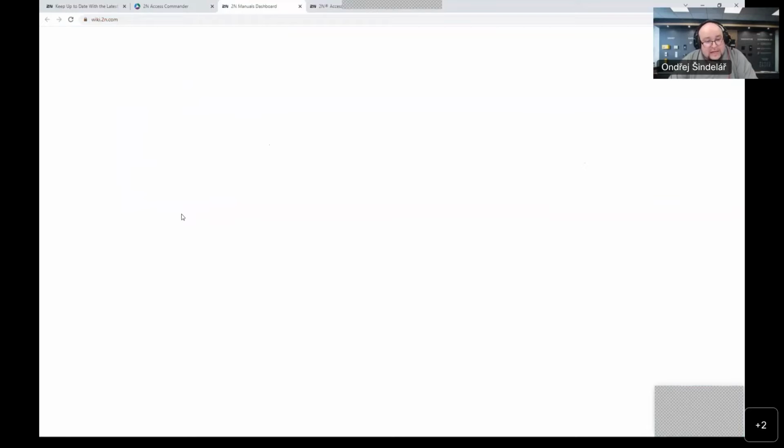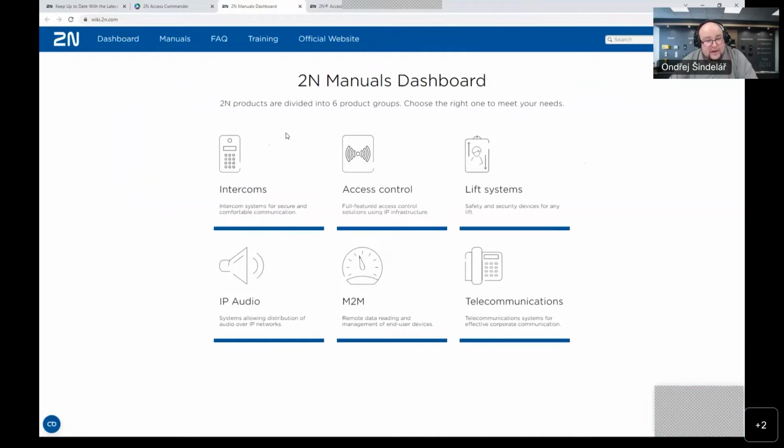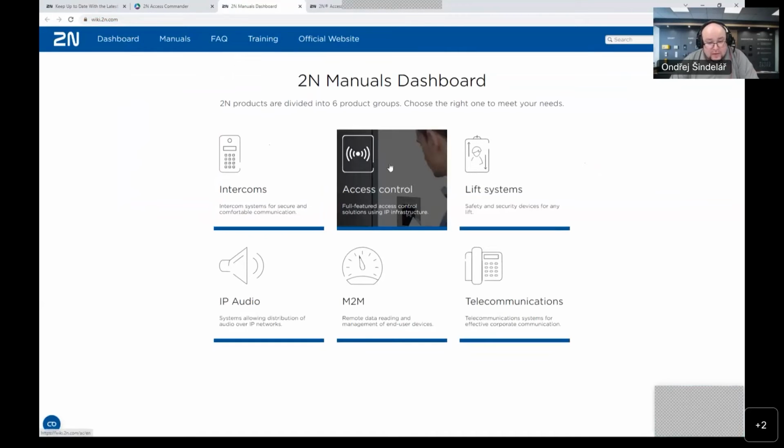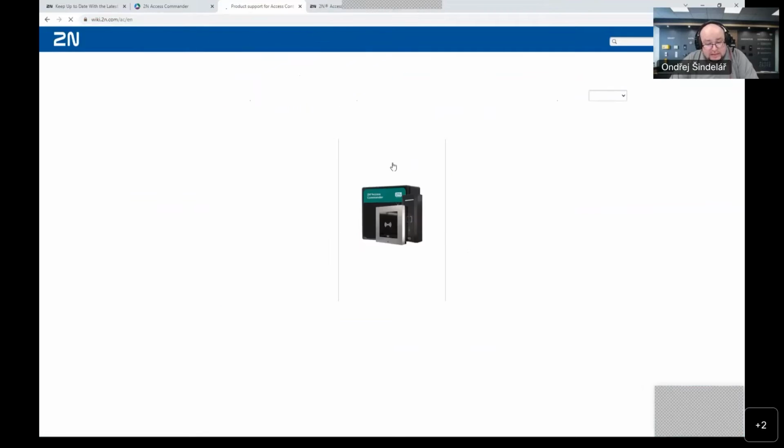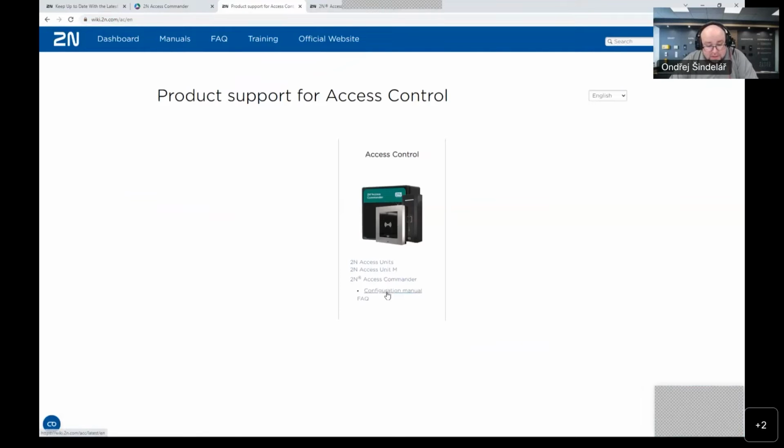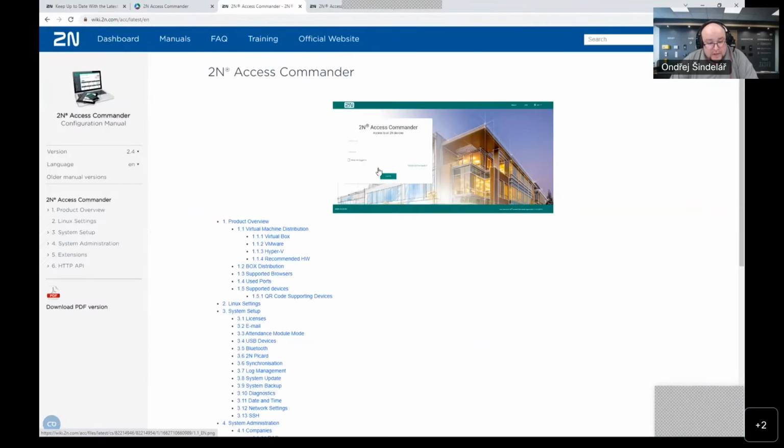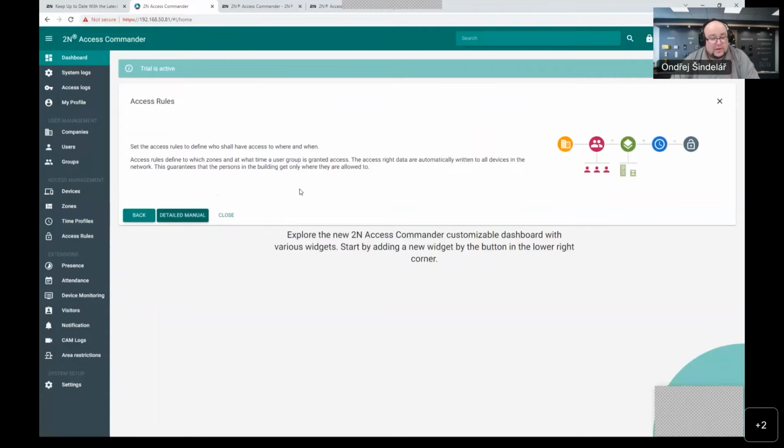You can always access the manual, which is available on a wiki page under the access control and Access Commander configuration manual web link. The manual respects the version you are using, so you can switch, but we really recommend always using the latest version. This is kind of